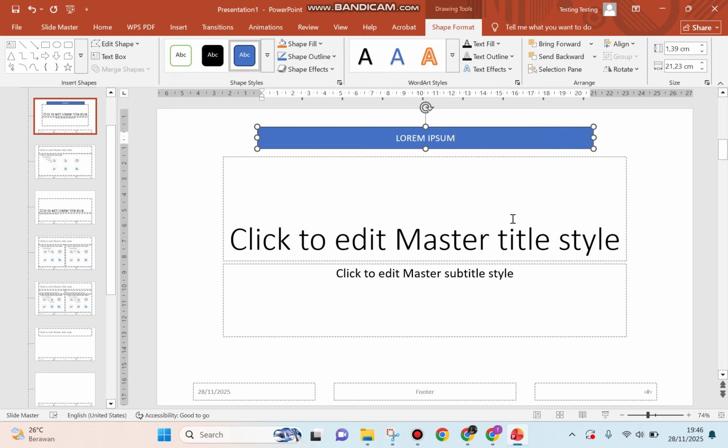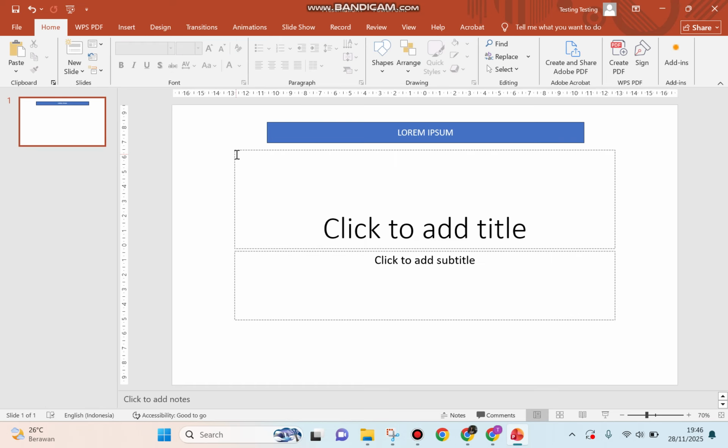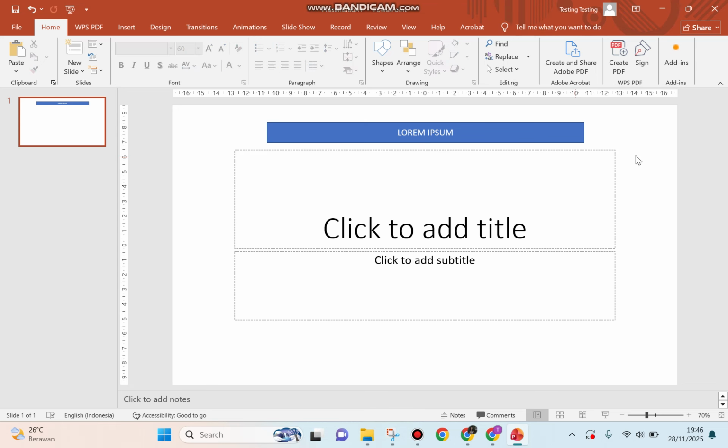like this. And it's time to close the slide master, so you need to go to Slide Master and click Close Master View. This will take you back to the regular page to do the editing in your PowerPoint slide. And you'll see here, if I click this object, I totally cannot select it, because this object is now locked. Only this one can be moved,